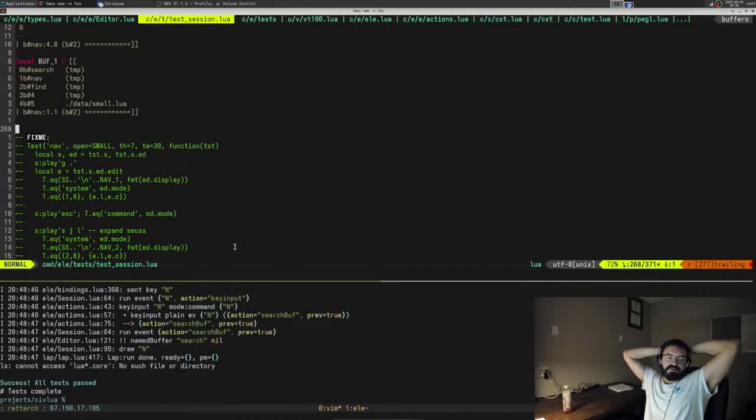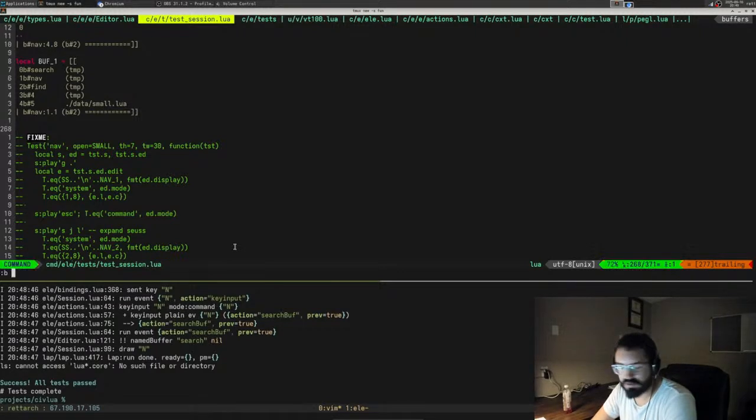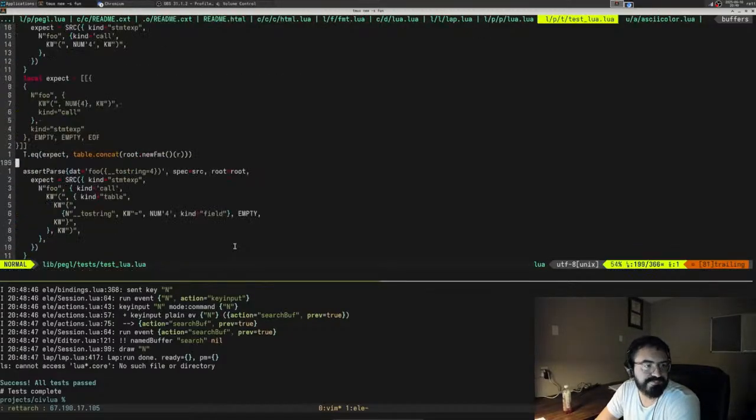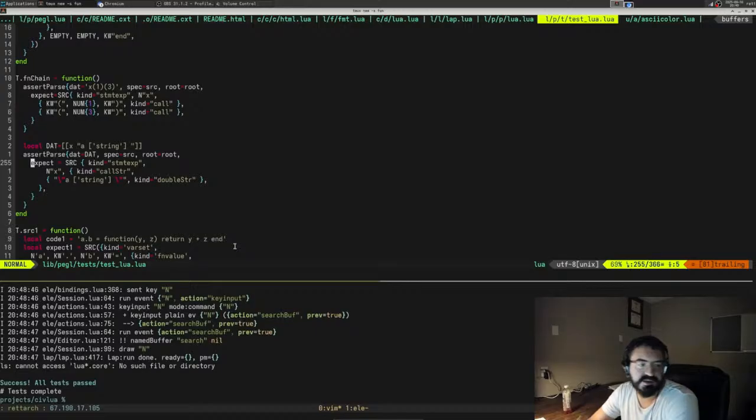So there's a lot of code here, but it's built incrementally. And this is generally how you do software development. You have to think about each problem and kind of unroll the problem into smaller problems until you can solve all of them. So, Peggle, test Lua. So these are our tests, and we're going to continue